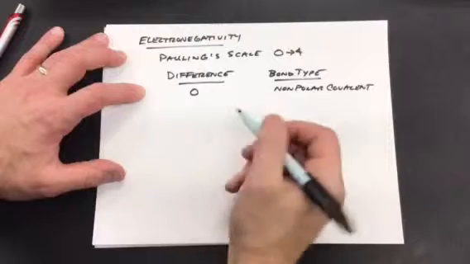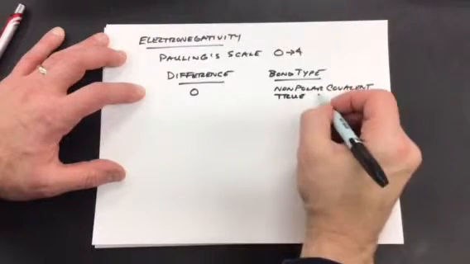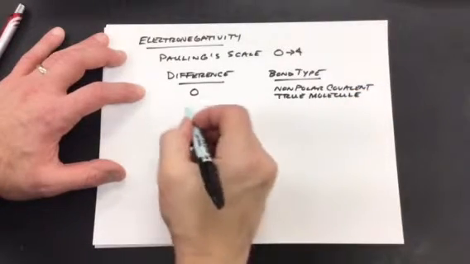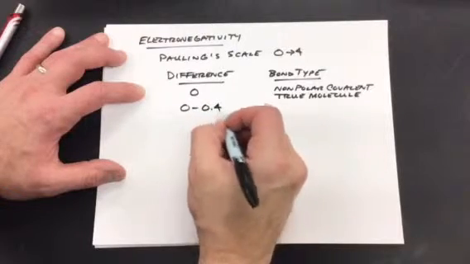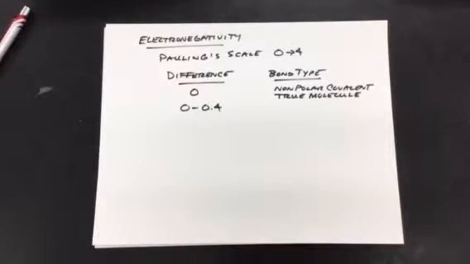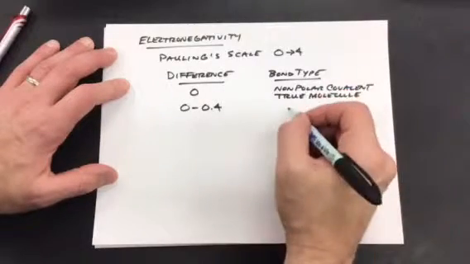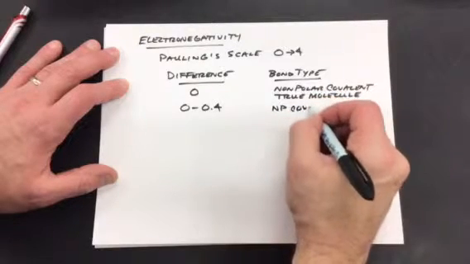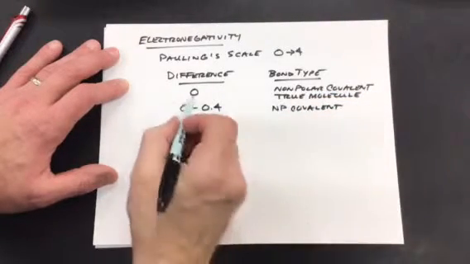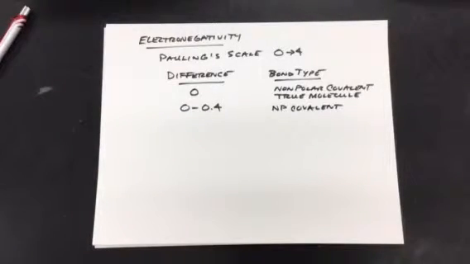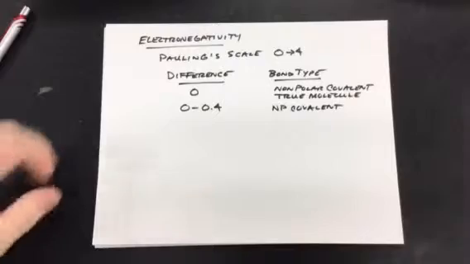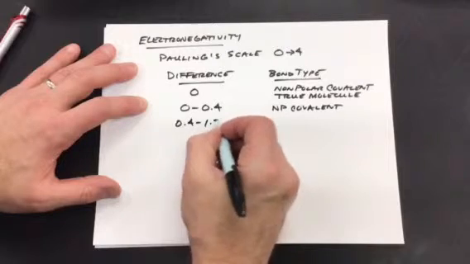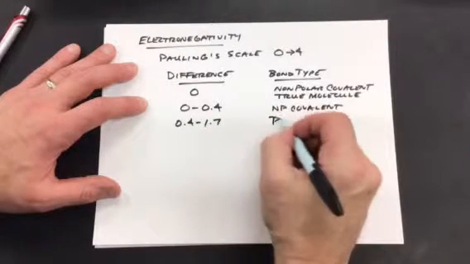Now, some would argue that you can extend that to 0.4, and in fact, many people do. Even your text does. Your text describes it as mostly covalent. But we'll extend our idea of nonpolar covalency to 0.4, understanding that really the value of 0 is where you have a true molecule. So in general then, 0 to 0.4 difference, you're going to find nonpolar covalent. If you are 0.4 to 1.7, then you're going to be polar covalent,